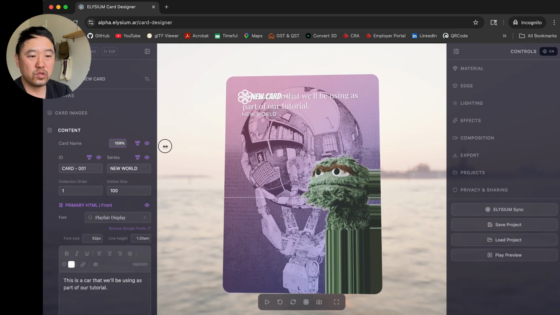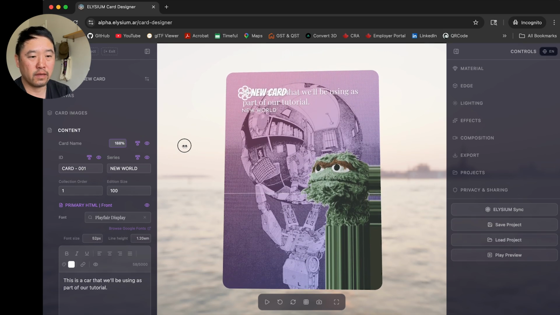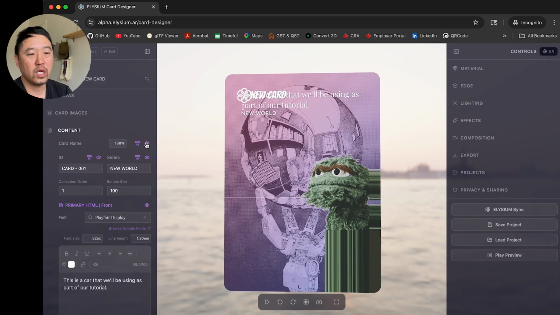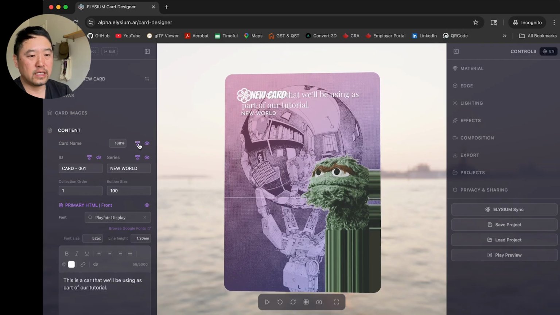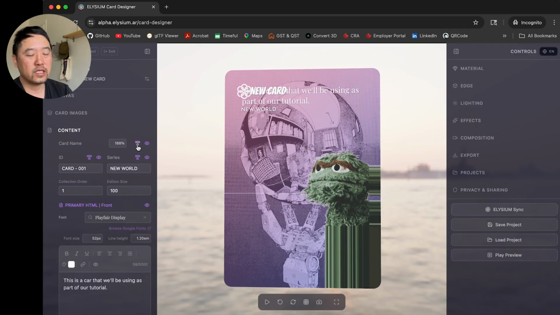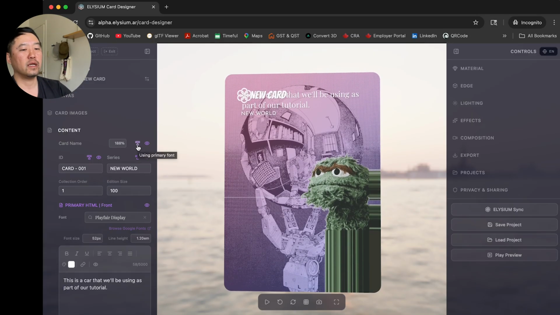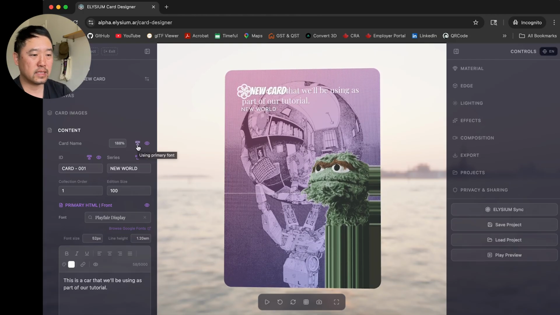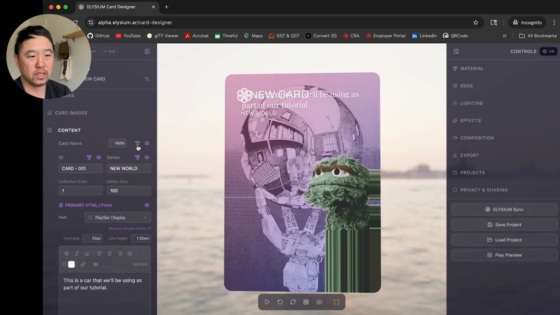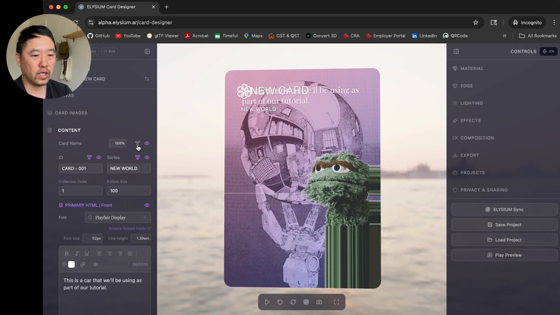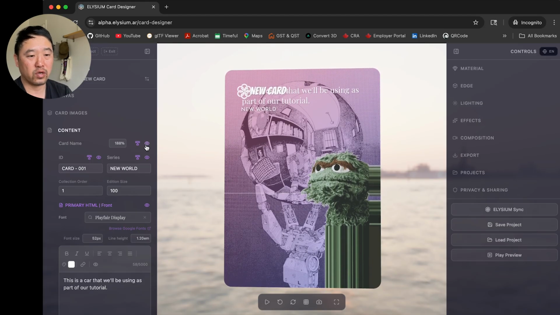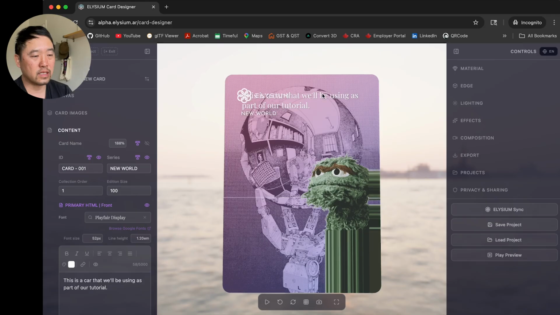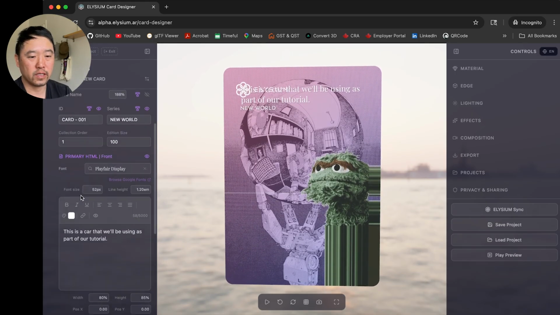So if you're not using a logo, you can just have the card name. But in our case, where we're using a logo, we can actually decide to hide this, right? The little T icon here is a toggle for whether or not you're using the primary font that has been set for the project. So you can choose it to use the default generic font, or apply the font that we had set as the primary font. So for this, we're just going to remove the card title.